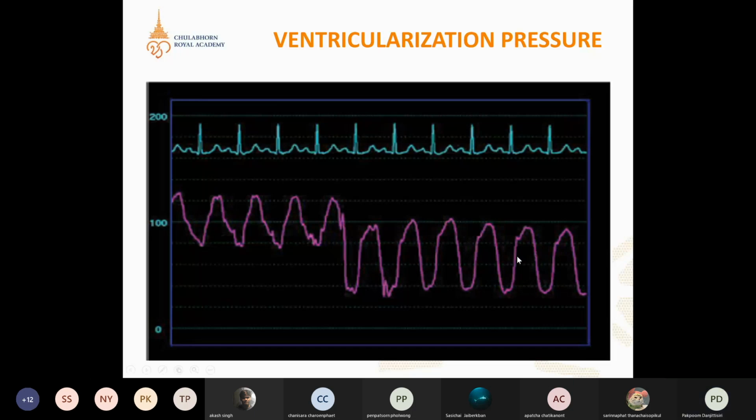But how can it happen? Let's say the doctor used a catheter